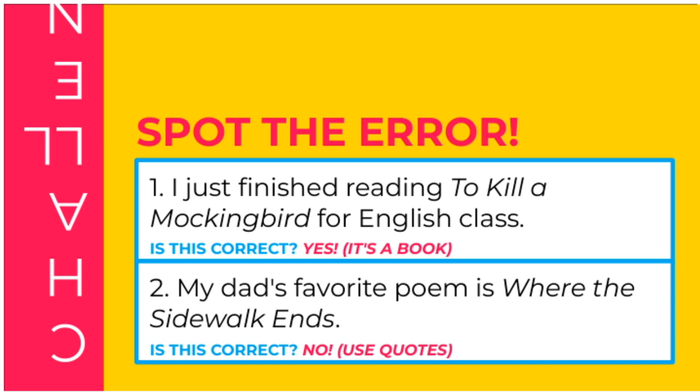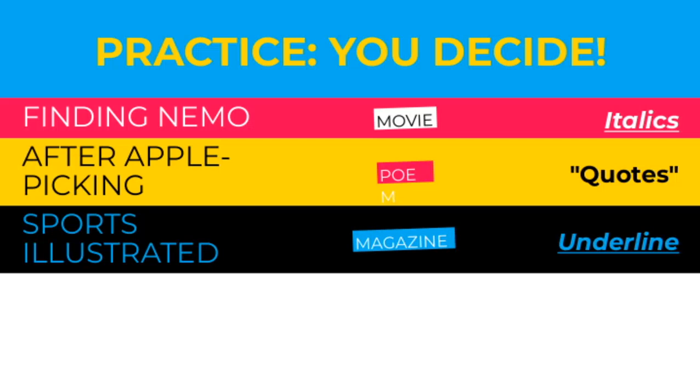Spotting these errors isn't just about grammar, it's about understanding content and context, which is essential in effective communication. Let's take a closer look at how different types of text formatting can convey meaning and set the tone. On this slide, we see examples of underlined words like Magazine and Sports Illustrated, which often highlight titles or emphasize